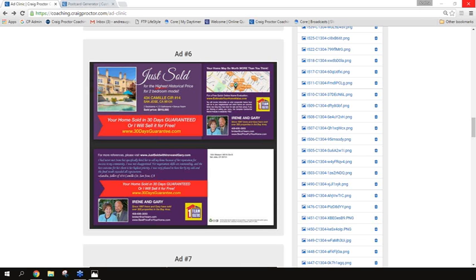In other words, this home just sold, and you want to know how much it sold for. This particular home sold for $910. What did all the homes in the neighborhood sell for? Right? So your call to action would be, find out what homes in this neighborhood, or whatever neighborhood you're targeting, sold for online. You've already told them what this one sold for. Find out what all the homes in this neighborhood have sold for online. That would be a really good offer to make. That would make sense with a just sold direct mail piece.